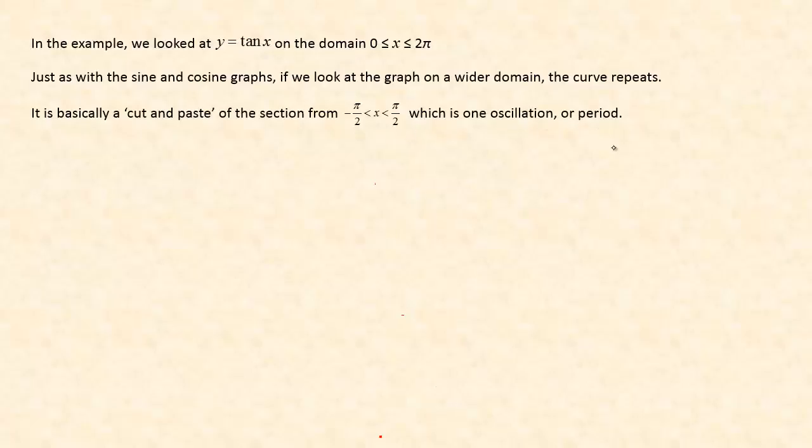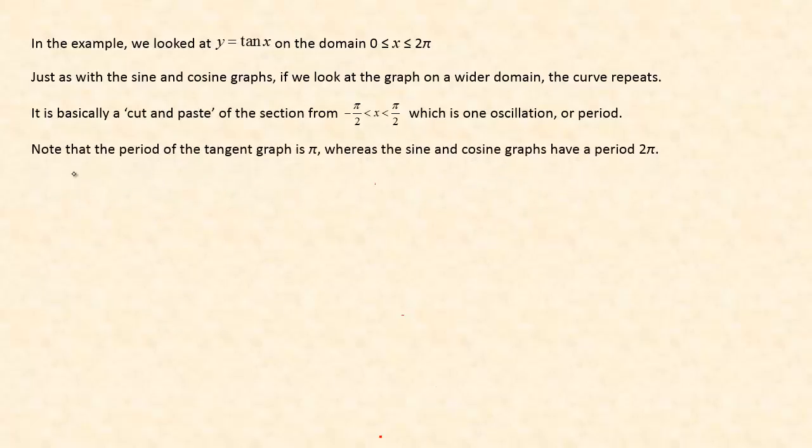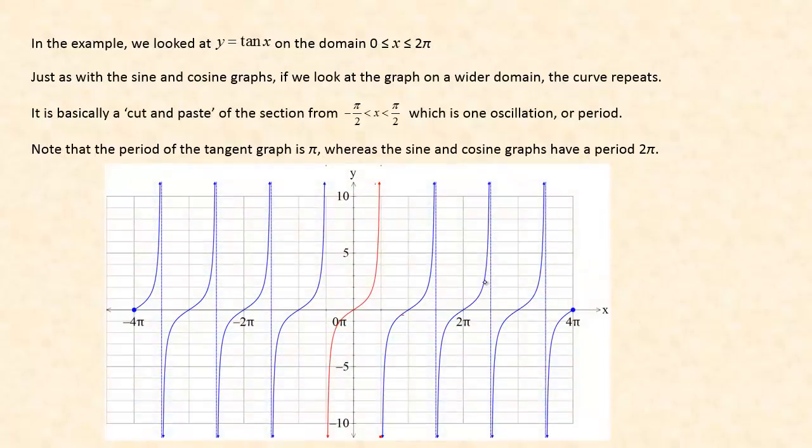And that's one oscillation or period. So the period of the tangent graph is pi. Negative pi by 2 to pi by 2 is pi, whereas the sine and cosine graphs have a period of 2 pi. So here's the graph, and here's the section in red from negative pi by 2 to pi by 2. And note that's one continuous piece of the graph, so it's easier to think of just copying and pasting